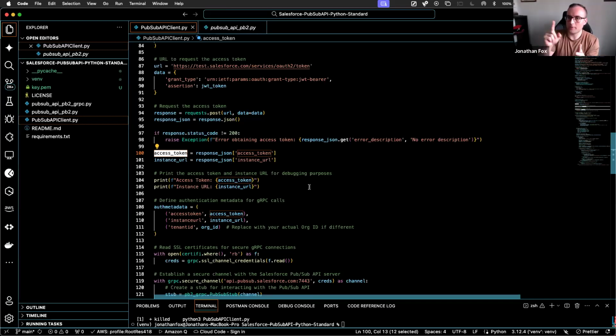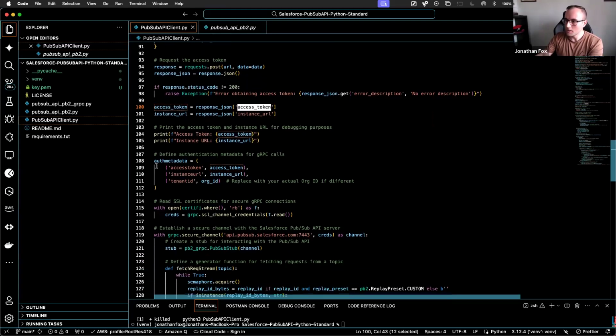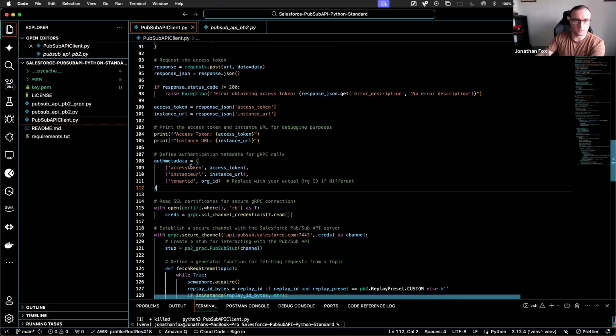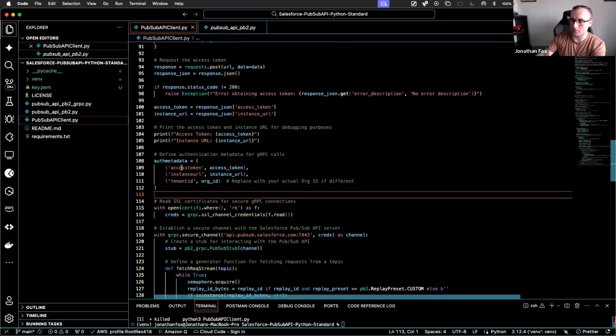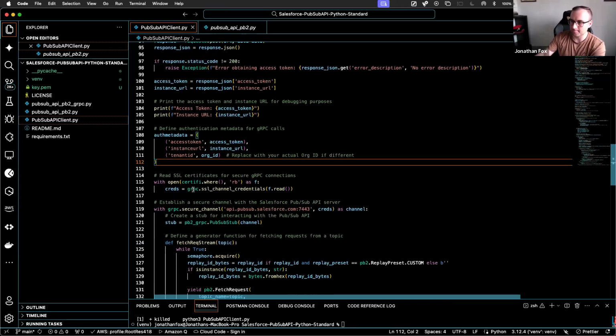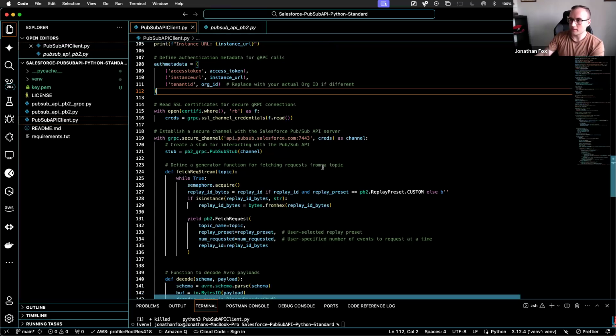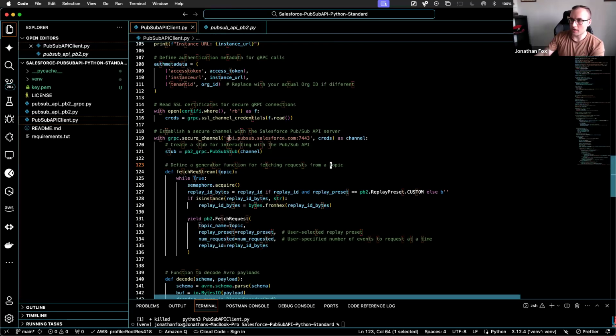Now, when we looked at the PubSub API earlier, we talked about how the PubSub API handles authentication, and that's because it can take the access token as one of its parameters. Similar to what you saw in the Postman example, this is the metadata that we'll be passing in to the PubSub API, exact same as what you just saw in the Postman app example. Access token, instance URL, tenant ID. And that's where we then open the connection using api.pubsub.salesforce.com with the 7443 port number. That, again, is exactly the same as what you saw. That's the same endpoint that we're hitting.